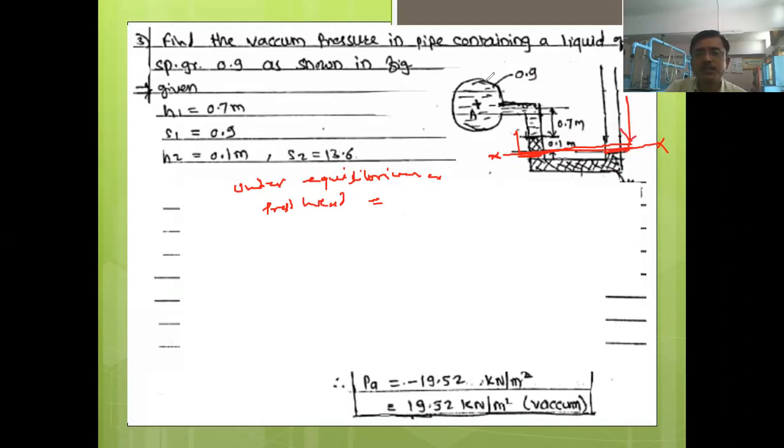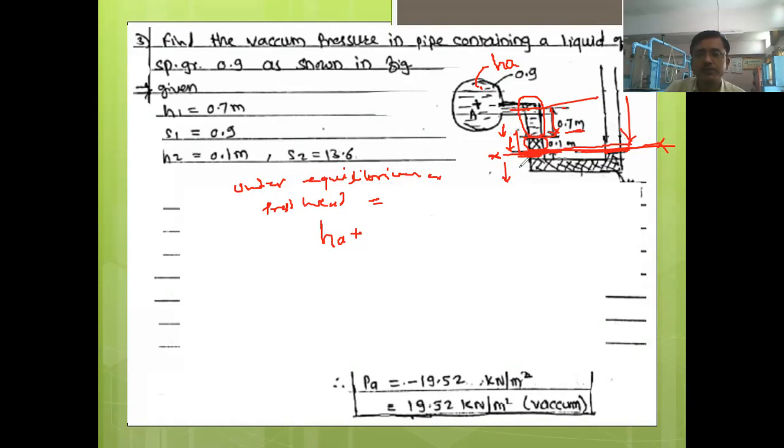So what are the heads in the left limb? Let us consider the pressure head in the pipe as HA. So I will write first here HA plus the pressure head because of this column of the liquid. From this center line, if we draw this line, the distance is given to us. The pressure head created because of this liquid column, in which direction will it act? It will be acting in the downward direction, on this datum. Plus the pressure head because of this liquid, the manometric liquid column, in which direction will its pressure head act? It will act in the downward direction on this particular axis, the datum, right?